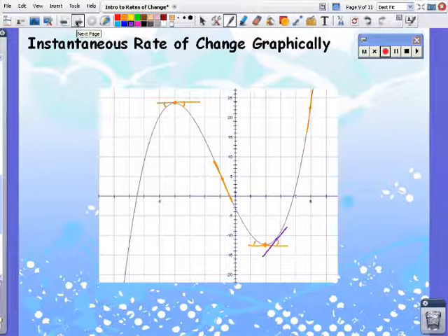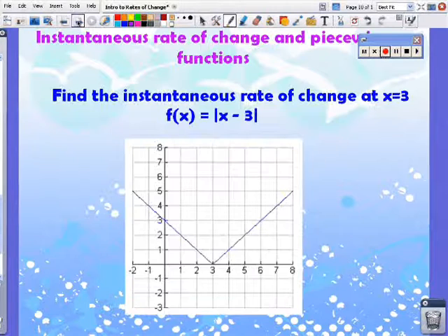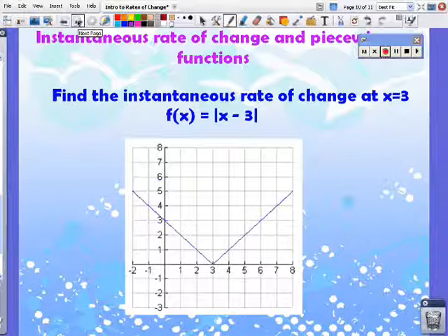The instantaneous rate of change and piecewise functions. So I'm giving you a graph of the absolute value of x minus 3. I'm asking you to find the instantaneous rate of change at x equal to 3. Well, this is an absolute value graph, and what we do is we actually break it apart into a piecewise